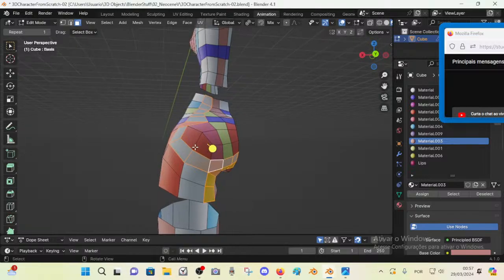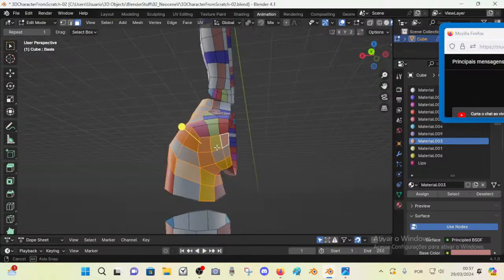Next, you see it's from the buttocks, aqui é pelo centro, e a gente vê, bom, lembrando que aqui também